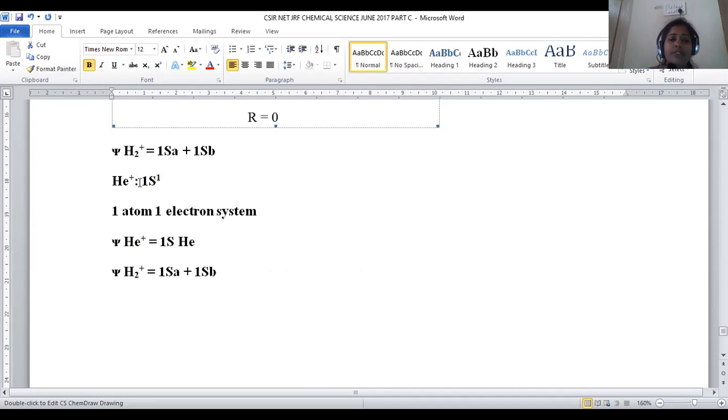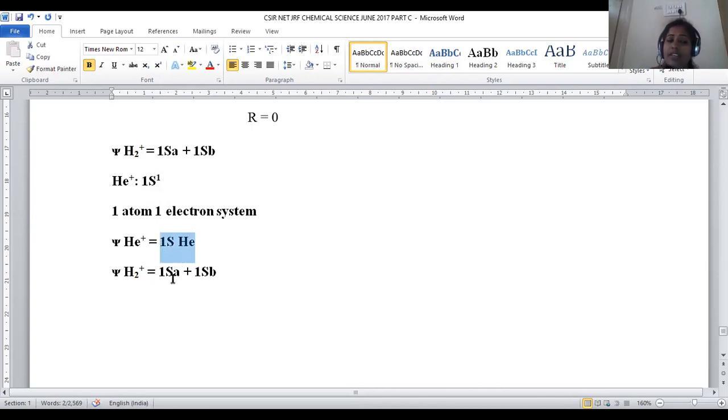When we are taking helium positive, the helium atom has a 1s2 electronic configuration. When we indicate monopositive, one of the electrons is lost by the helium, so that it is converted into a cation. Hence, its electronic configuration is 1s1 only, but here two atoms are not there, only one atom is there. Hence, for helium, we can consider only the 1s of helium.